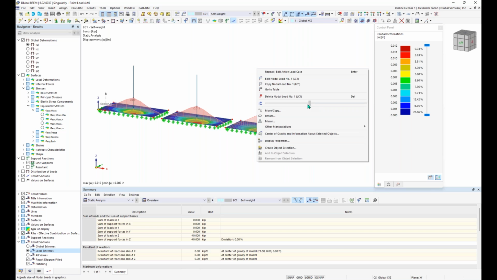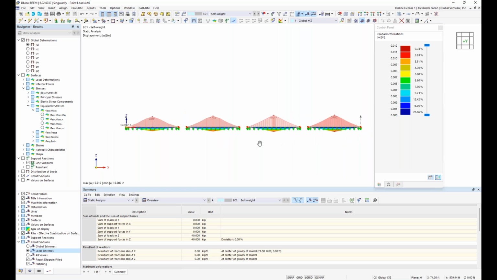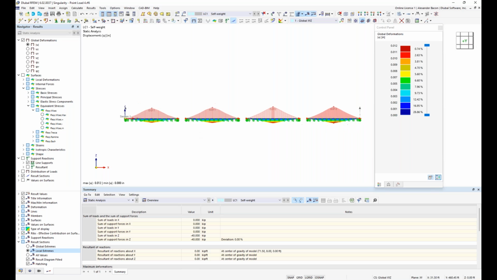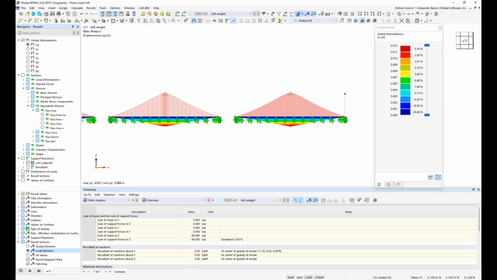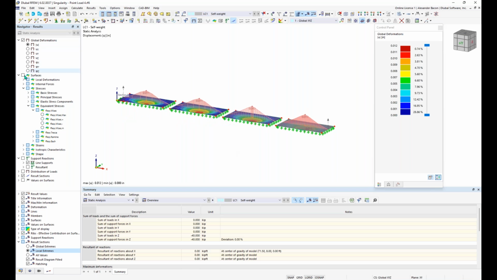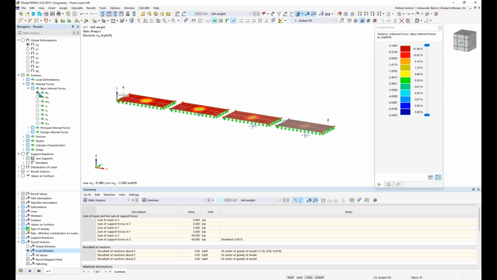We can also shrink the size of our load there. We can turn this off. And right now we're looking at our global deformations, which look okay. They look good. Doing a quick visual check here, and this is what you would expect from our global deformations. Let's take a look at our internal forces. So if we go to internal forces and we take a look at our bending moments along the x-axis here,